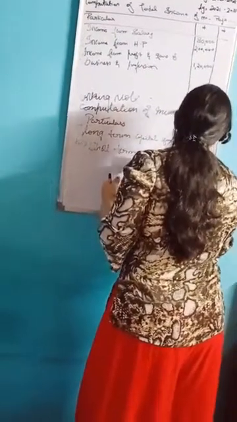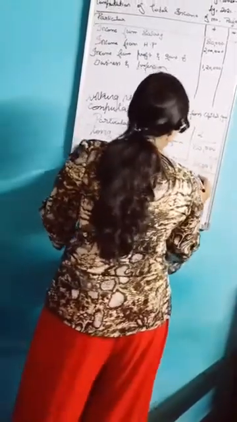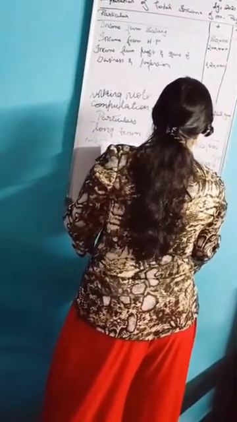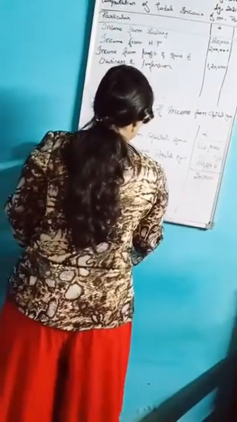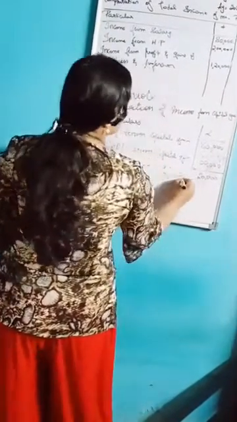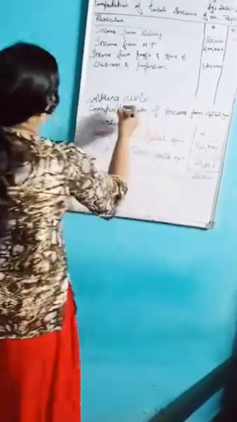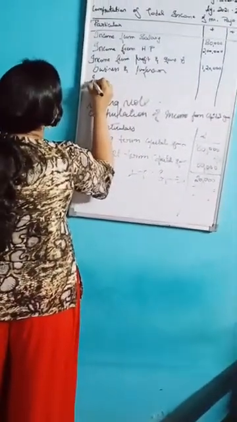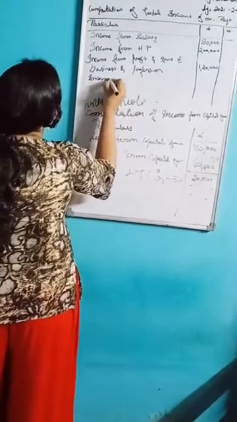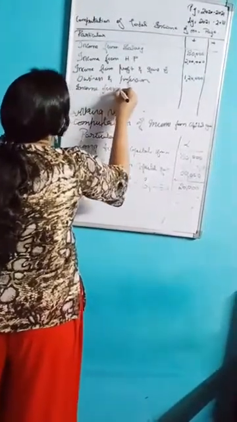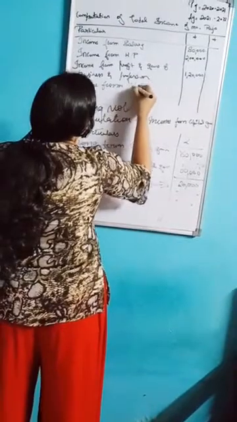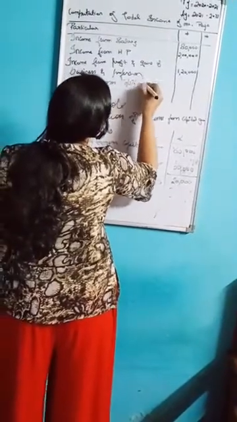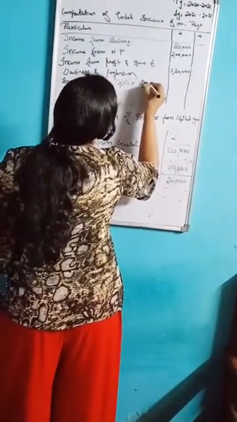It's 60,000. Minus it, you will get 20,000. That is the long-term capital gain. Okay. So this value you will take here, that is income from capital gain, that is